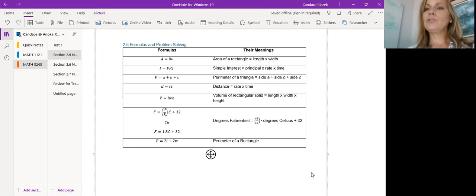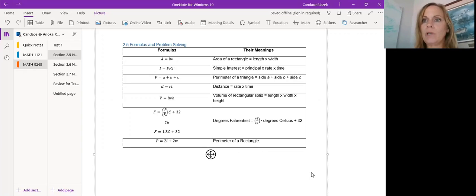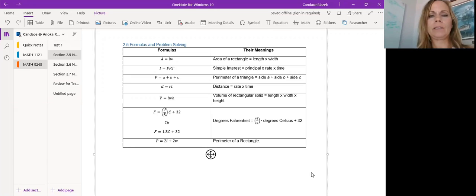Okay, so section 2.5, we focus on problem solving with formulas. And the formulas that we have in front of you on the top of the notes are formulas that we should get to know. Now for this test, I will give you the formulas, but eventually formulas like